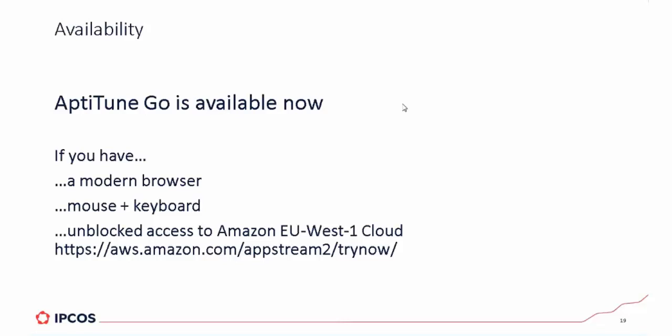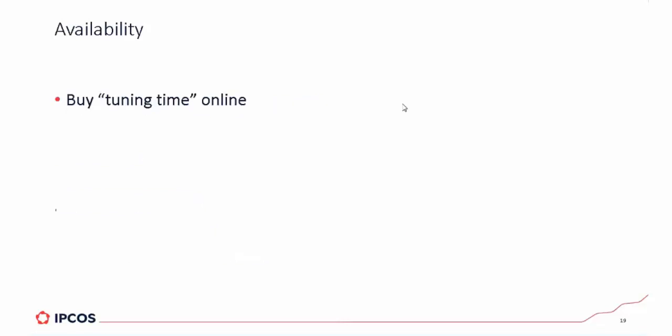There they present Word and a couple of other applications that you can try, and if these applications work for you, then AptiTune is going to work for you also. For that to work, you need to buy tuning time online. You saw the countdown at the top that says how much time I still have available. This tuning time you can buy in our web shop, and let me show you